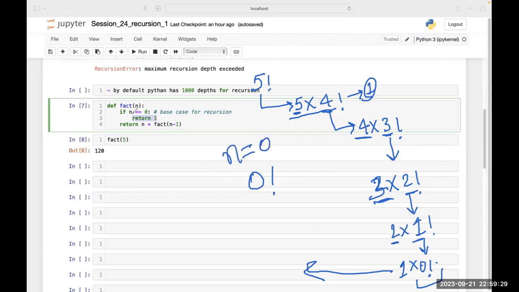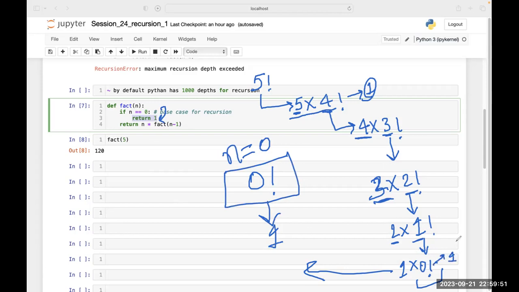Now it is checking, is n equal to 0? Yes. So it should return me 1. So this 0 factorial is returning 1.